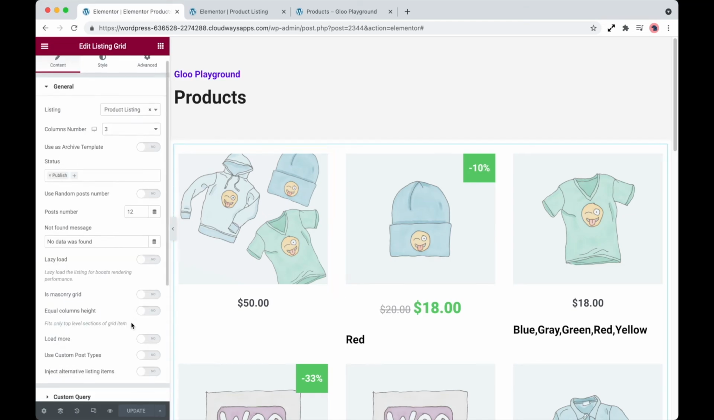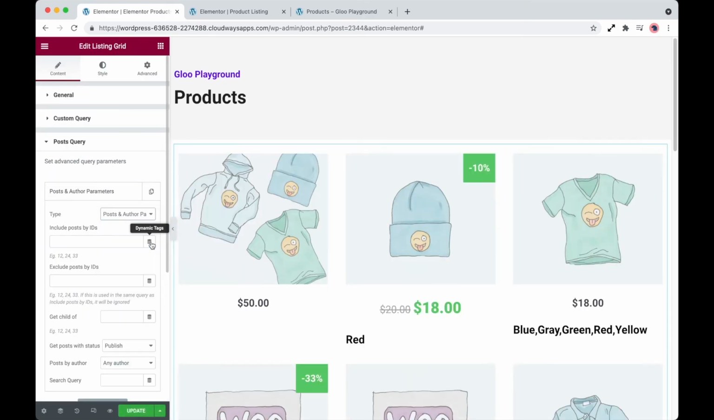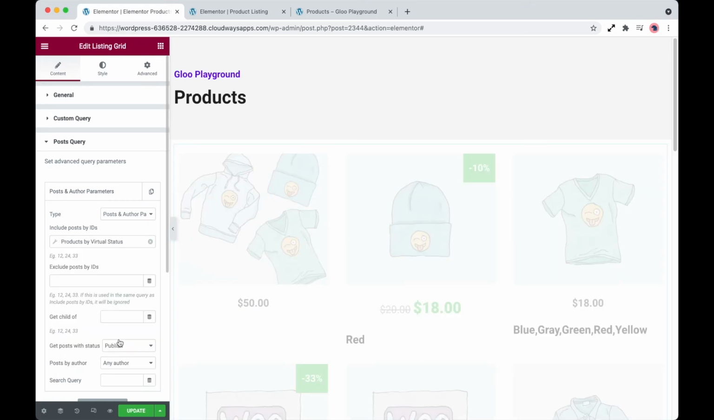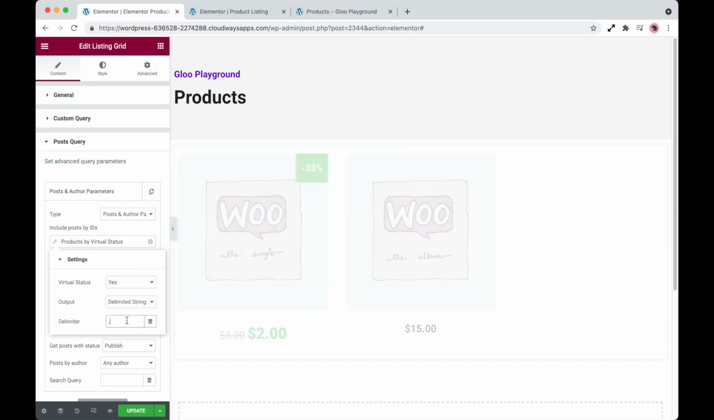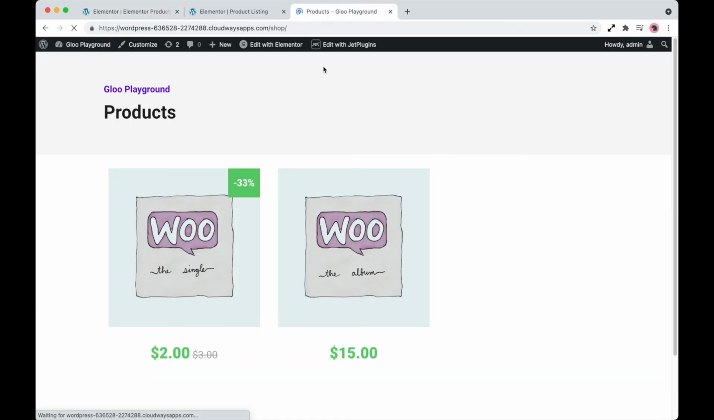If we select the listing and go down to post query and select post and author parameters, what we want to do is include posts by IDs. If we select dynamic tags and scroll down, as you can see we have products by backorder status, downloadable status, virtual status and catalog visibility. If we take a look at the virtual status, we can then select the properties for this. The virtual status is going to be yes, and the output is going to be a delimited string by comma. Now if we update that and take a look at our products,